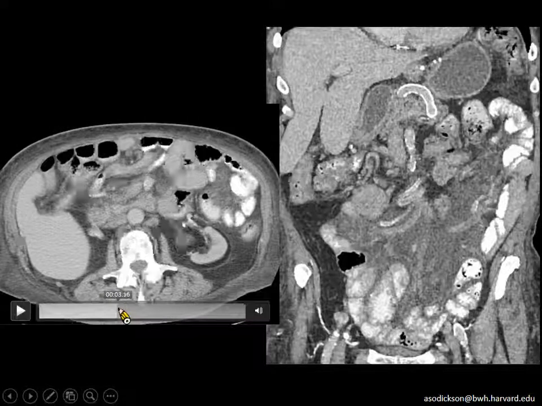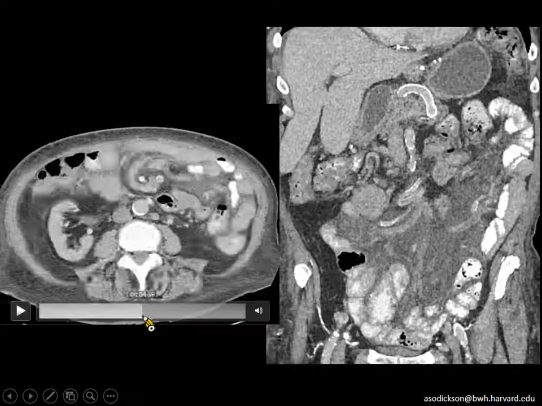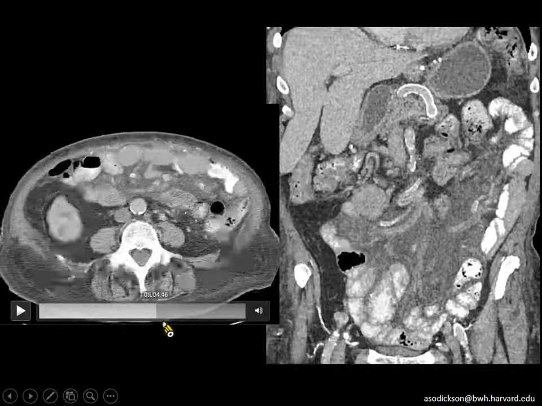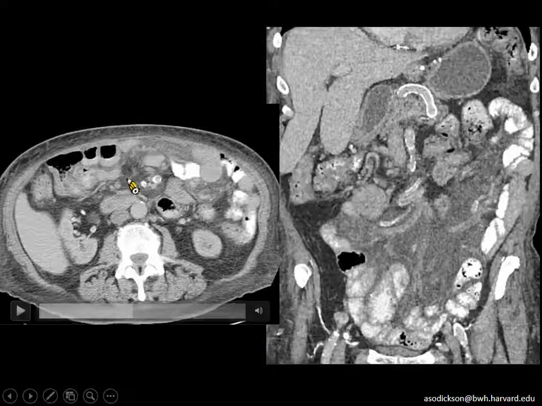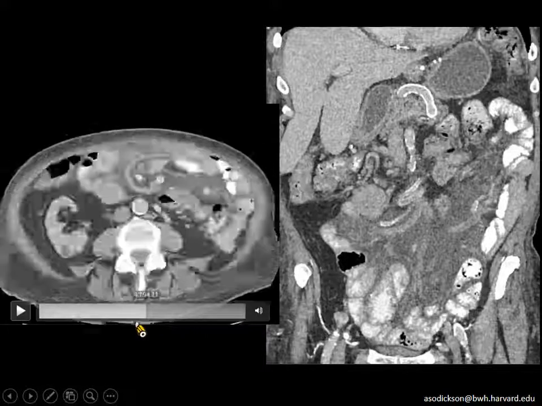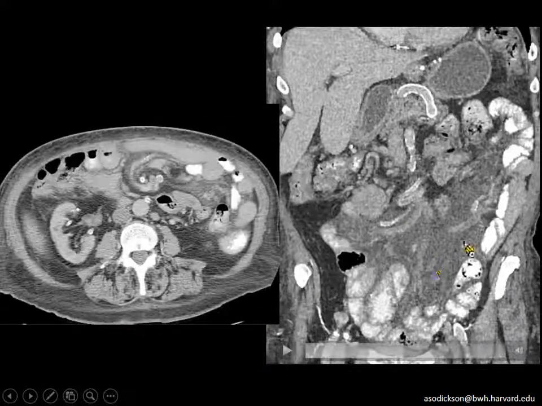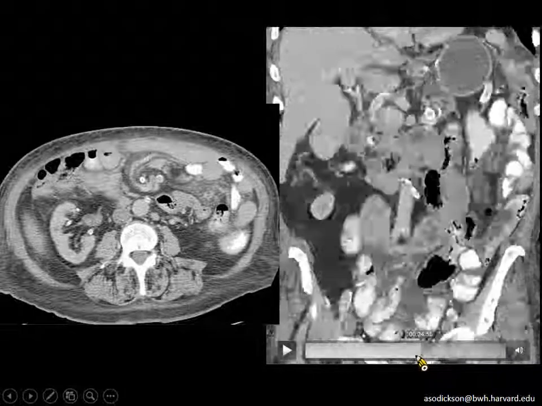Let's follow the SMV down. We come down and it collapses down to nothing. And here is our mesenteric swirl. Does everybody see it? So we are wrapping our superior mesenteric vein around our superior mesenteric artery for at least a 360-degree rotation here. And this is why we have all of this mesenteric engorgement, because we have venous obstruction